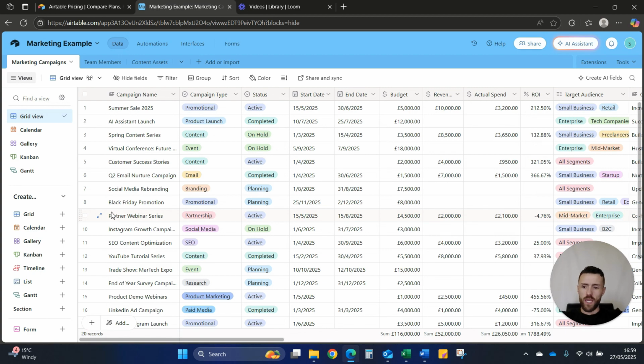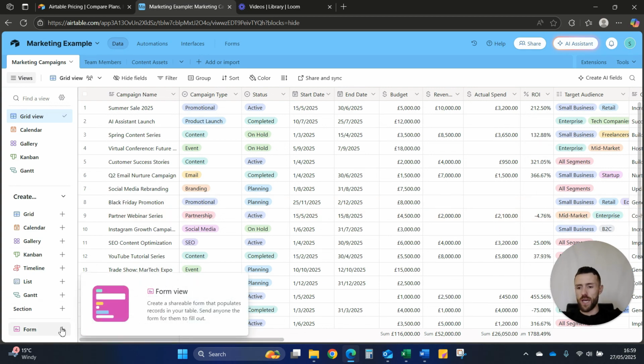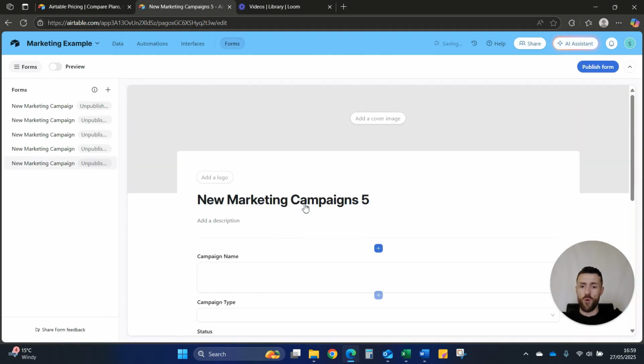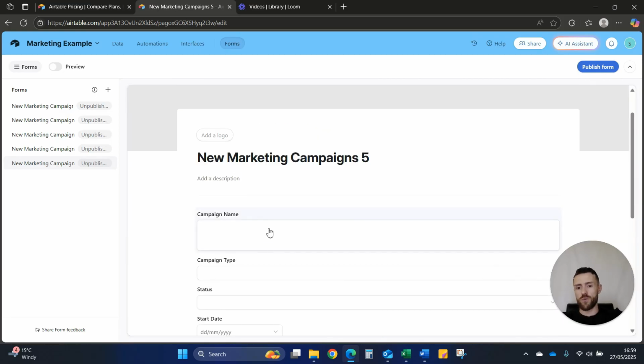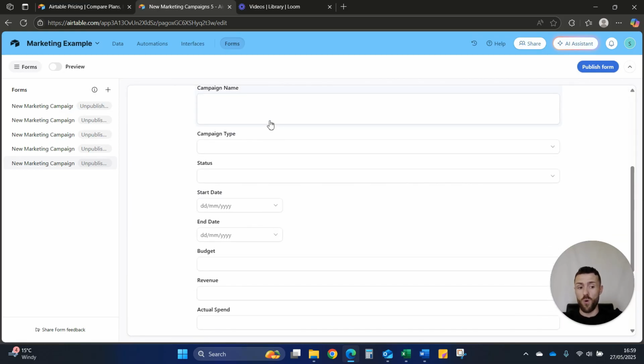Another good feature to have a look at as well would be the form view. This is slightly different. This isn't really about visualizing the data that you've already got. It's about adding data to the database. So say, for example, if you click on create a form here, there's a lot of aesthetic changes you can make in terms of adding images and things like that that I won't go into right now. But the main concept is it will create an editable form with all of the sections from your database,